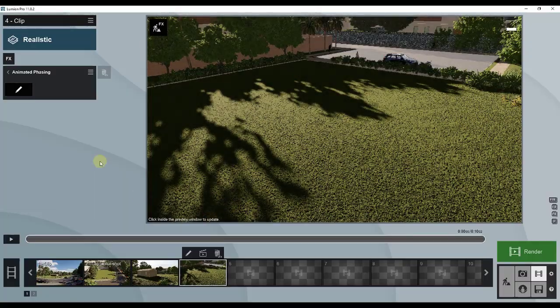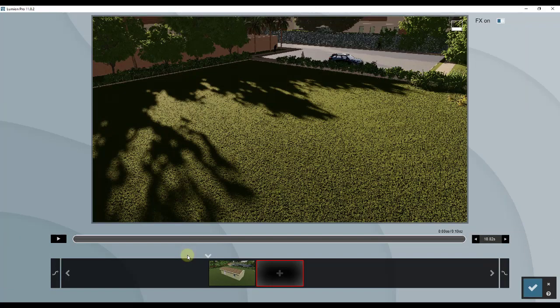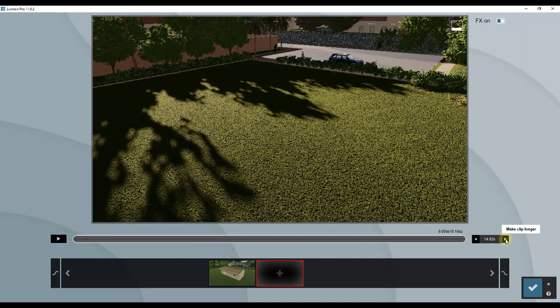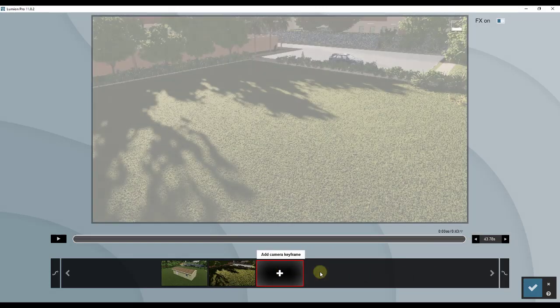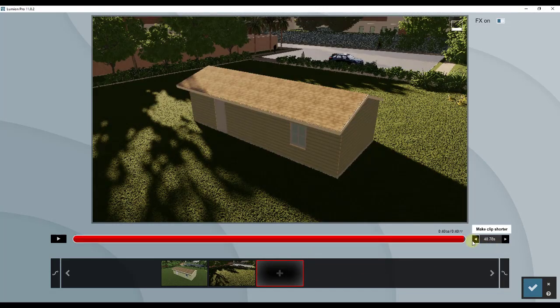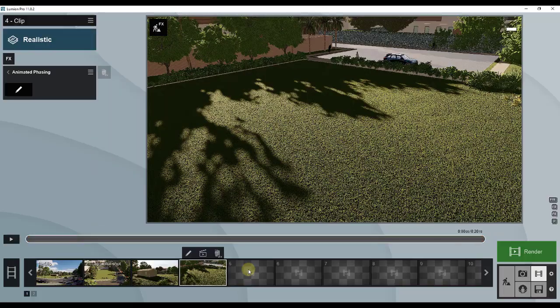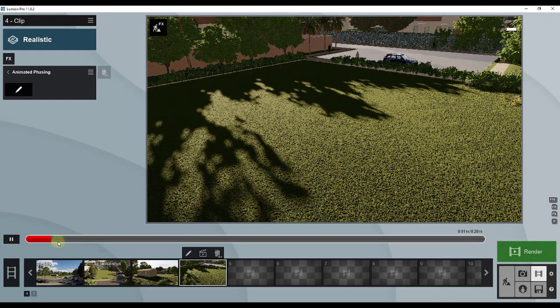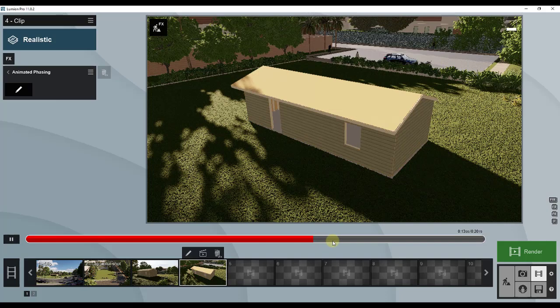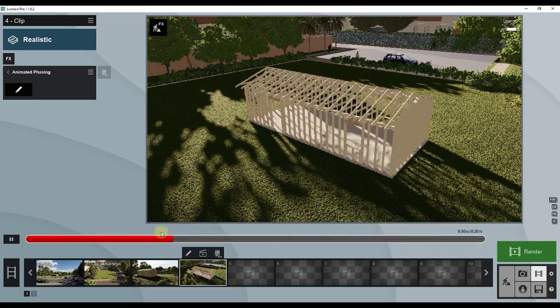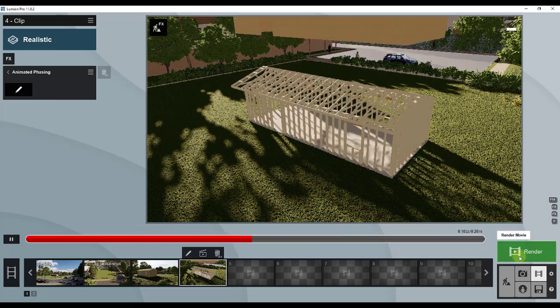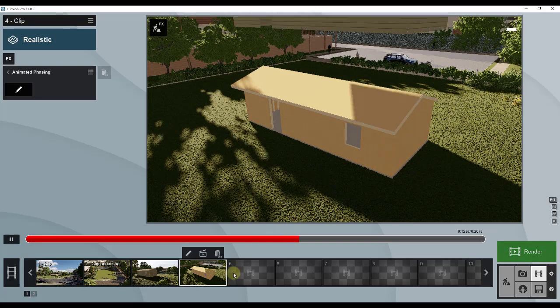So then once you're done with that, we'll go ahead and edit our overall clip so that it's 20 seconds long. Go ahead and click right here. So we'll set the whole thing so that it's 20 seconds long. Click on OK. And now if we play this, all of our different parts and pieces are going to come in here. Then you could render out that animation as well.